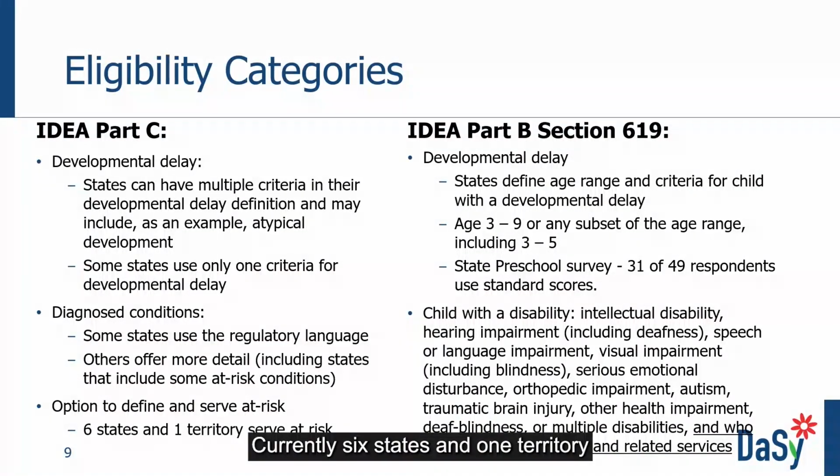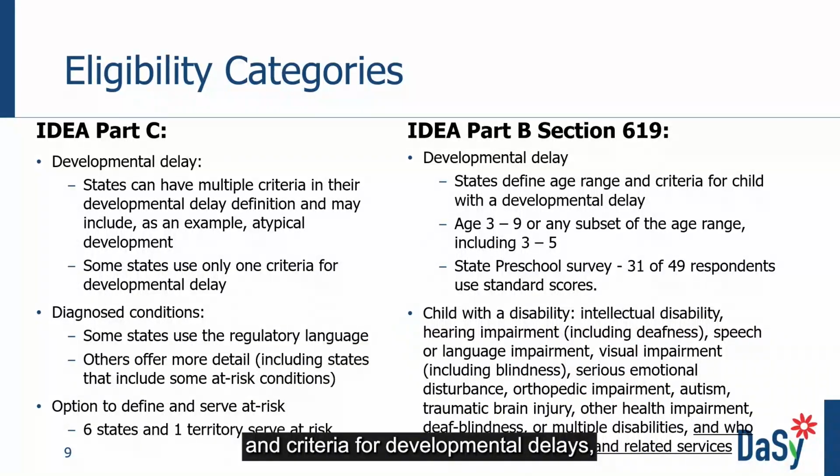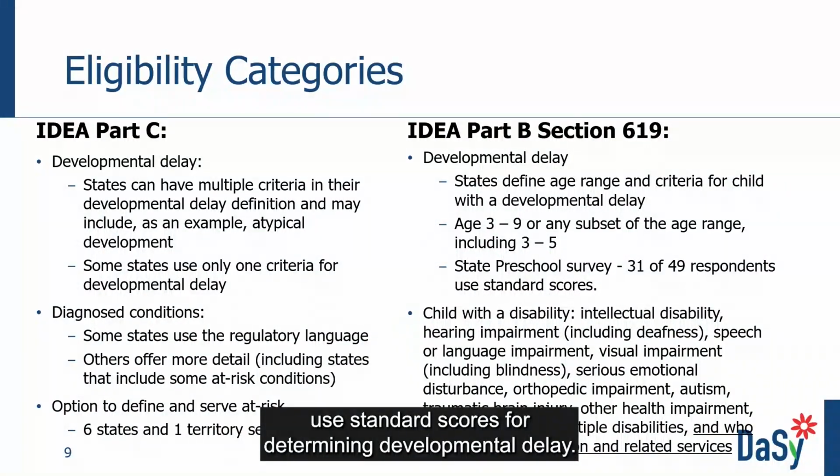Currently 6 states and 1 territory serve children considered at risk. For Part B 619, states define the age range and criteria for developmental delay, which can be used for any subset of the 3 to 9 age range. From the last state preschool survey, we learned that 31 of 49 respondent states use standard scores for determining developmental